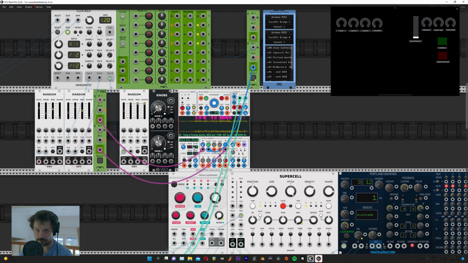So the problem we have here: if I turn the dial, nothing happens. The slice is selected here, but at the top in our window nothing is happening, and if we play it back also nothing is happening. And of course if I put the CV in and turn it to maximum,